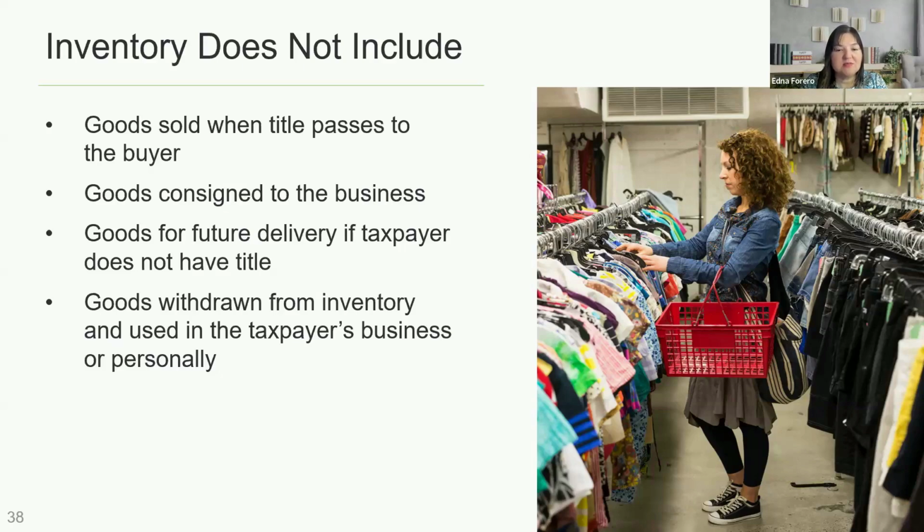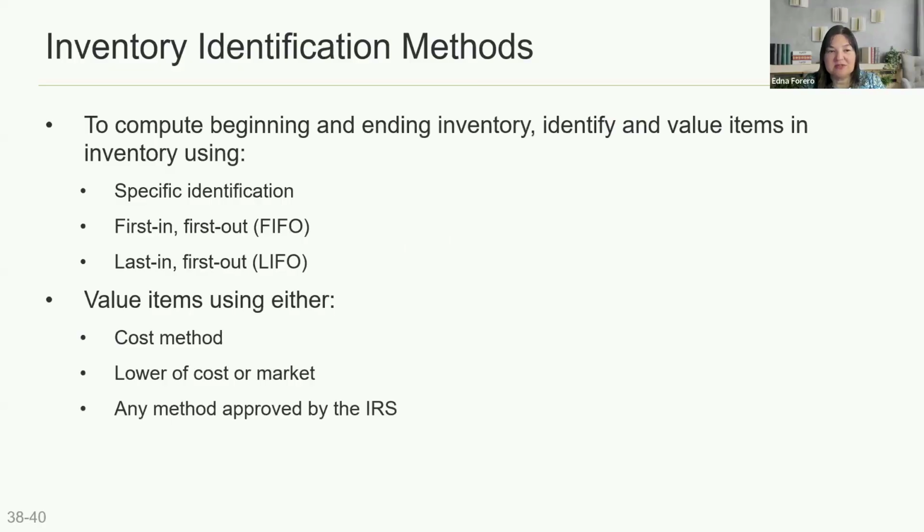So whether or not you see that final list of inventory from your client, you may not, just have a good discussion with them about what their inventory includes and doesn't include. You want to make sure that they're able to compute the beginning and the ending inventory by identifying and valuing the items. So there's a couple of identification methods, if you will, and the book goes into this a little bit more, but the most common that we see are these two,